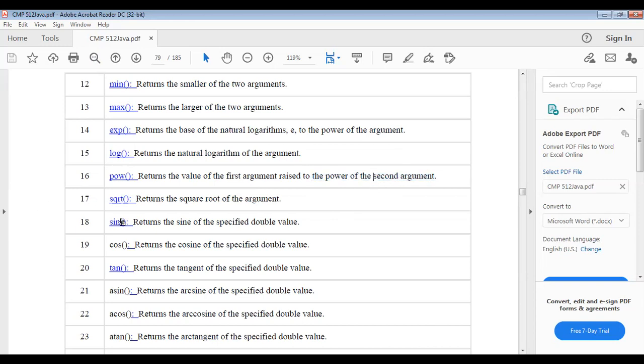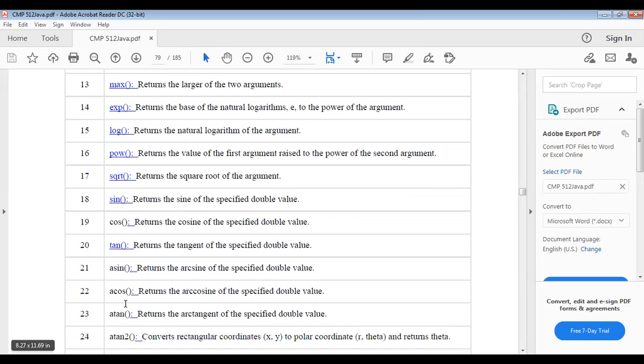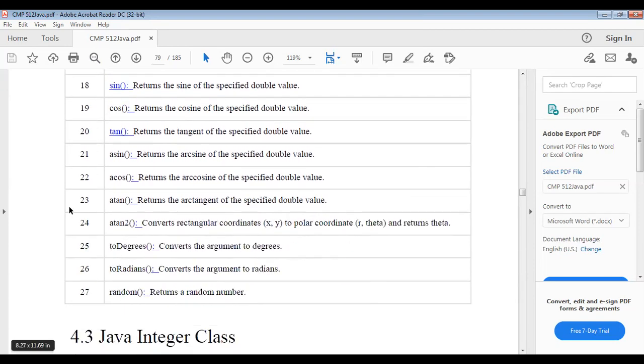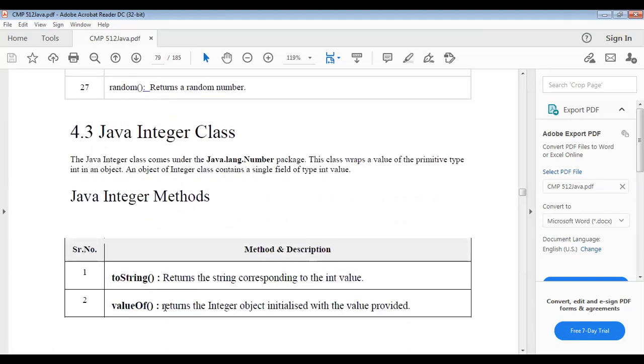Sqrt means square root, along with sin, cos, tan, and so on. toDegrees converts the argument to degrees, and next we can see toRadians, which converts the argument to radians. Random means random numbers can be displayed or returned.